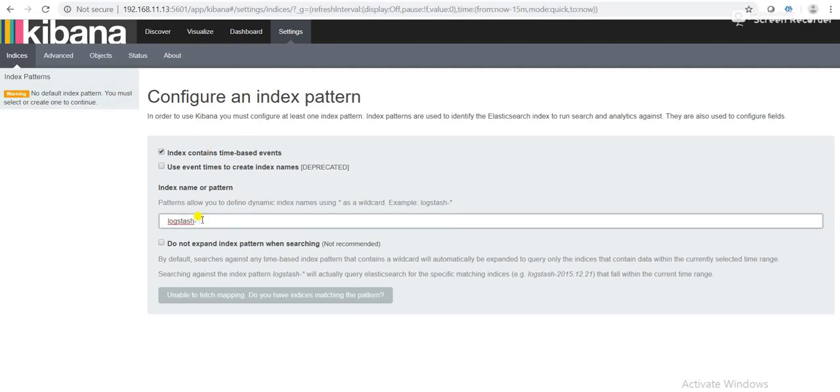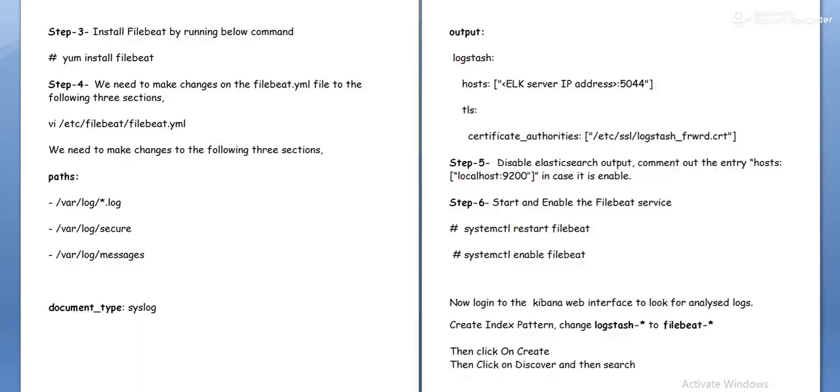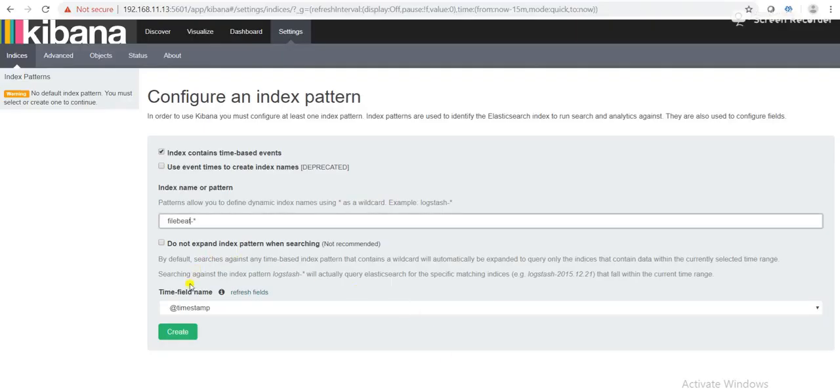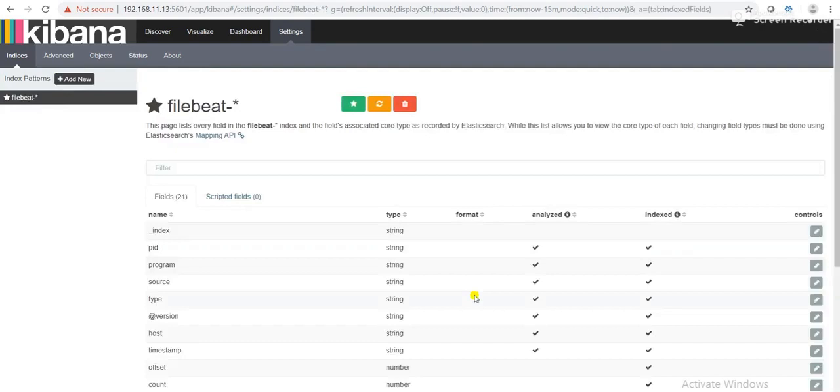So I will change to filebeat-star. As per our document, we need to change to filebeat-star. So we are instructing that please use Filebeat instead of Logstash. Okay, then click on create. Okay, now it got created.